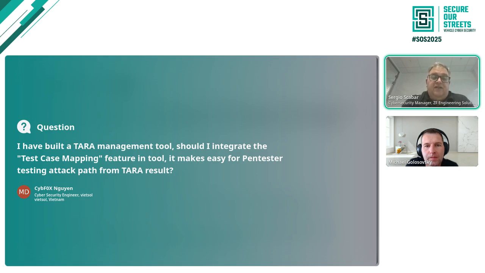It's a nice feature. It can be done inside the TARA tool or outside of the TARA tool, but if you can offer this feature, it's interesting. Again, the current OpenXSAM is not prepared for this, but the new one will be.